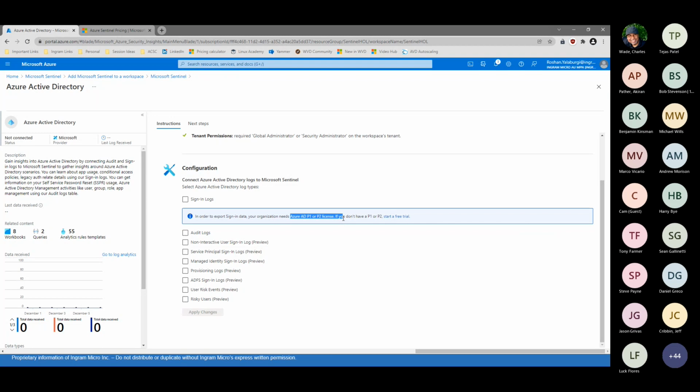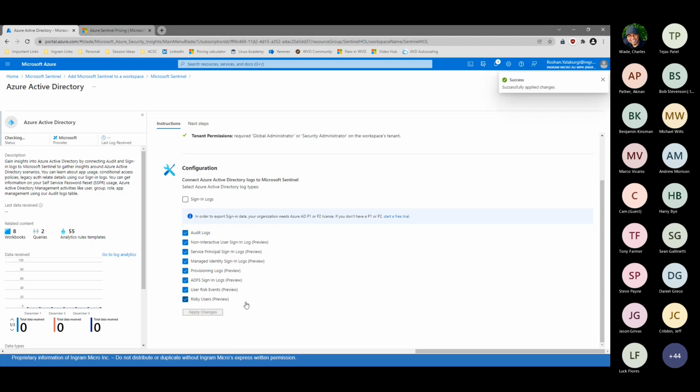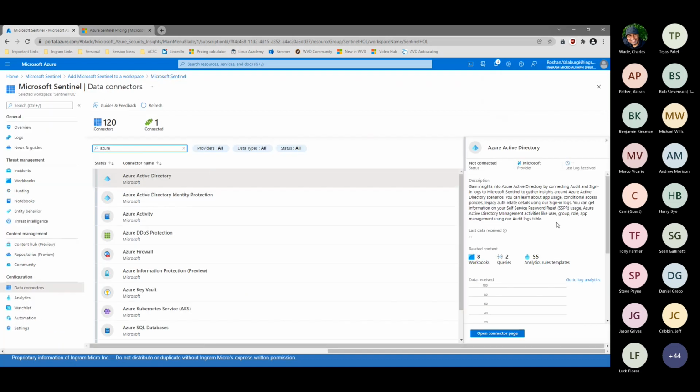So if you do not have this license, then no data of your user sign-in, user risk and sign-in risk logs gets into Sentinel or Log Analytics. But for now I'll just check all of these. I don't think I have this license, so I'll not apply it, but this is as easy and simple as it is to configure Sentinel, right? And you can configure it on pretty much any